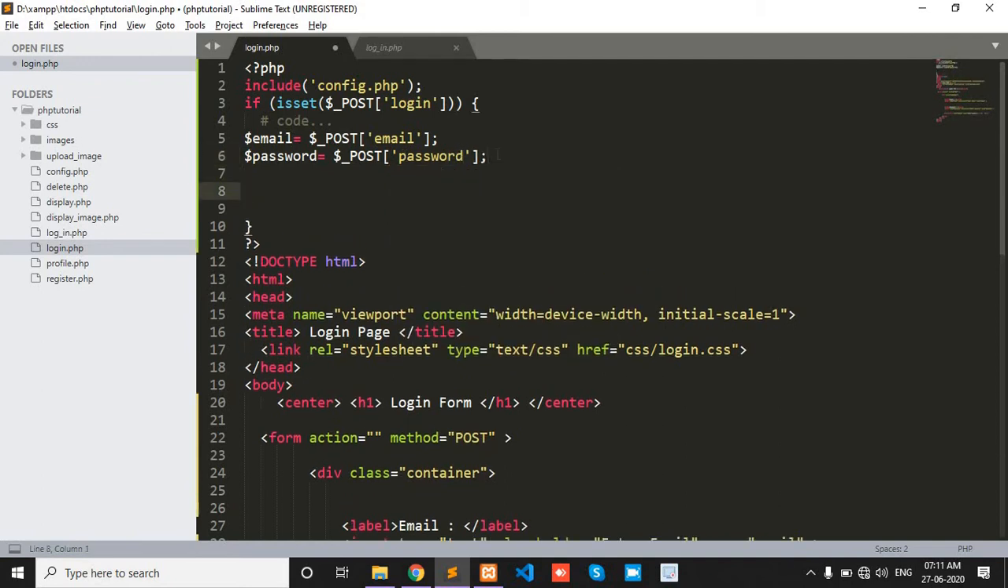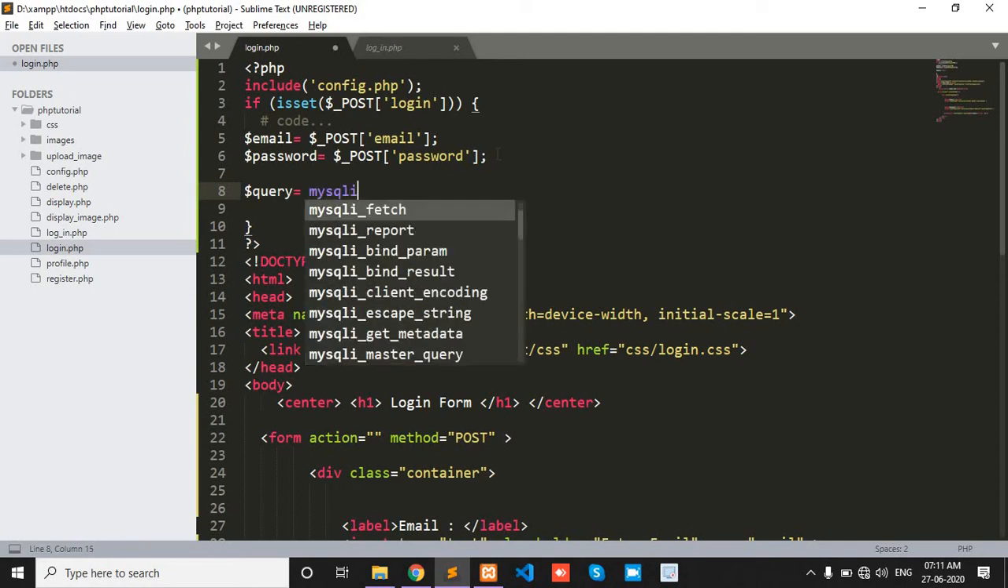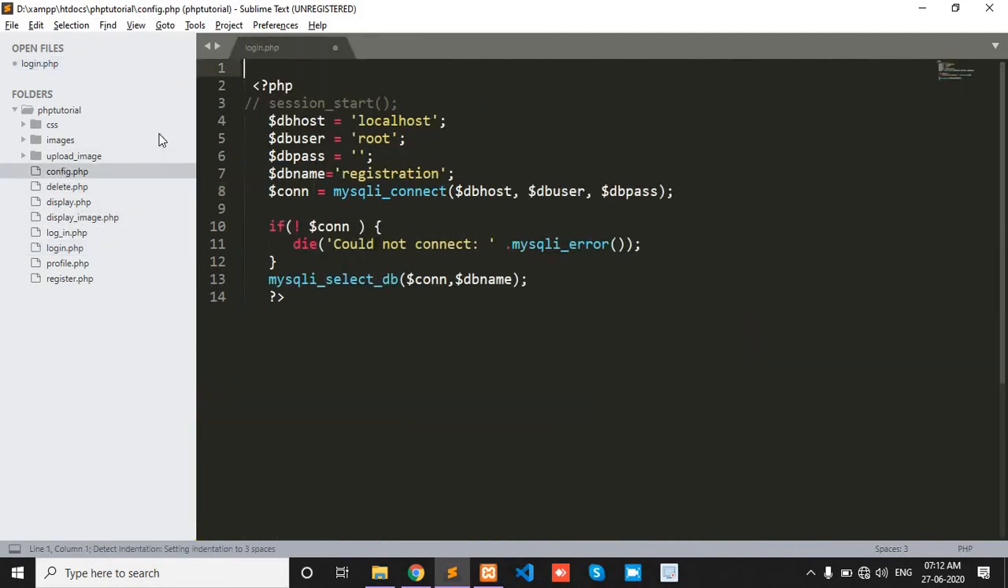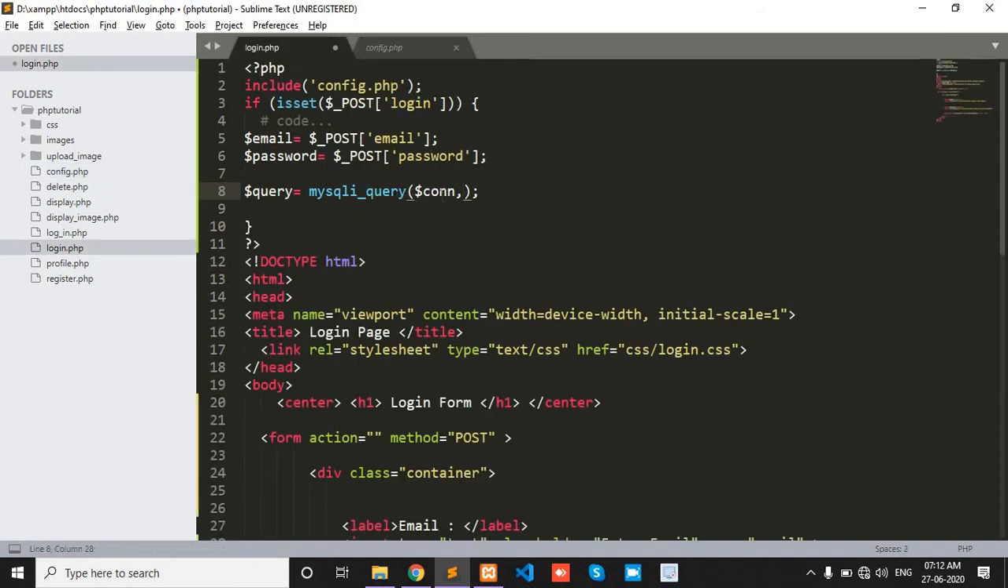Now the SQL query, MySQLi query. First is con. This con is the connection from this config.php page. This con, and